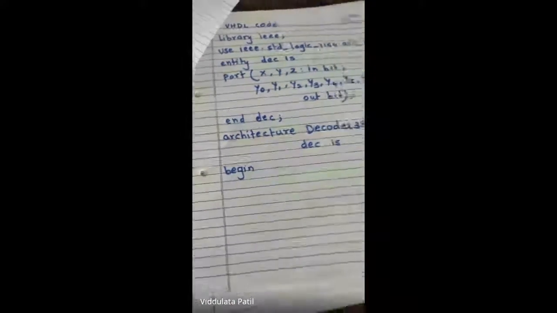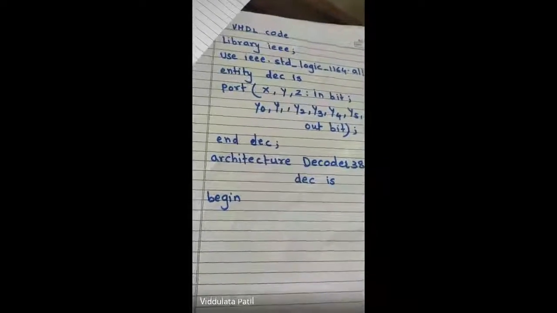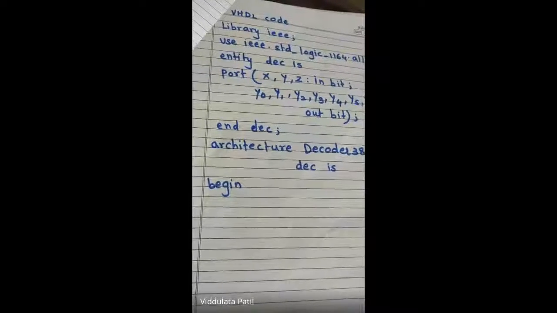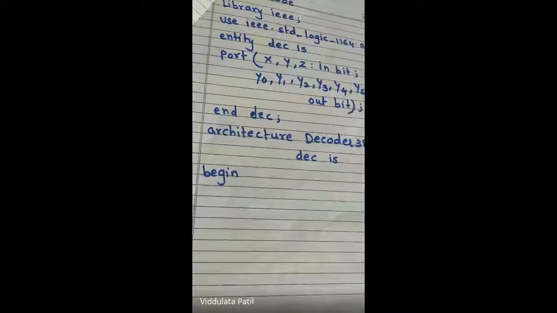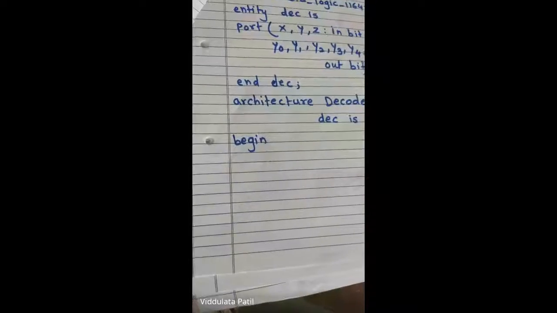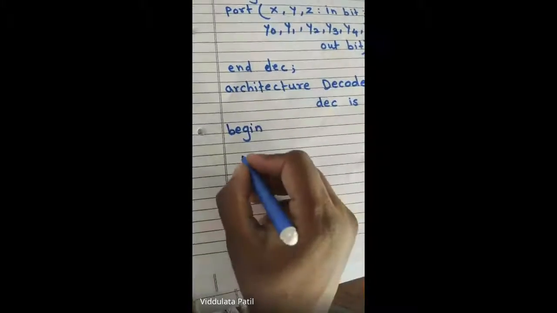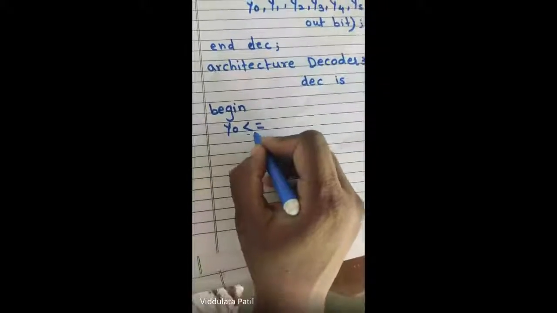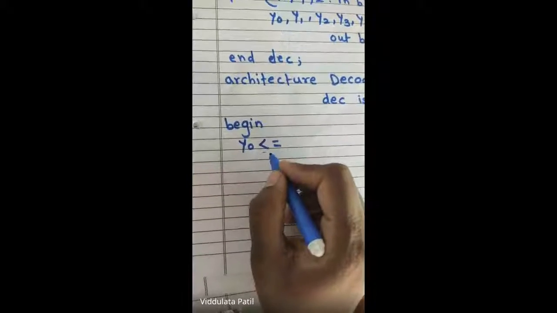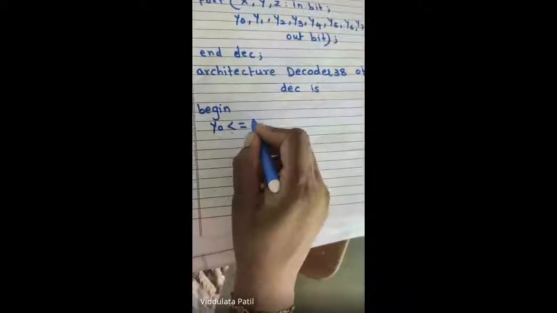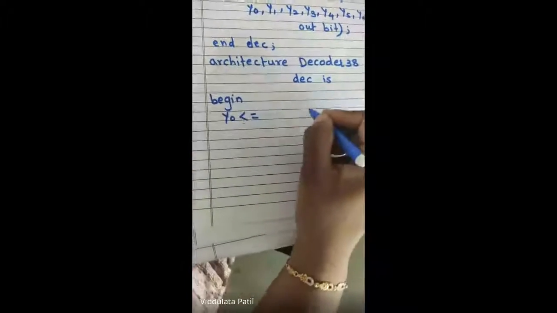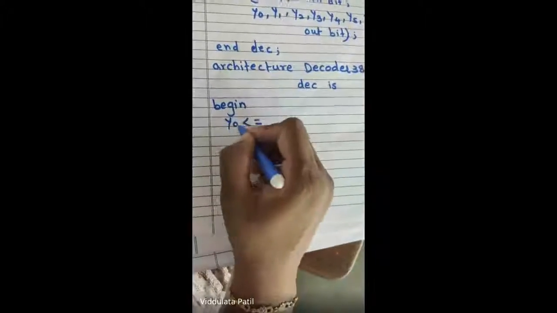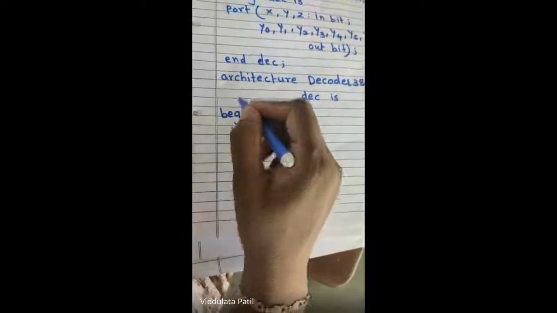Now, what will be the expression that will be present in this architecture body? Ma'am, all the expressions: Y0 is equal to, Y1 is equal to. Okay. For each expression, that is, for each output, what do we have to do? We have to assign the expression. So Y0 will be assigned to. Okay. Remember that this less than or equal to sign is important. That means it assigns the value, the result of whatever expression you are writing, to this variable. Okay. Now this is the variable that is going to change.